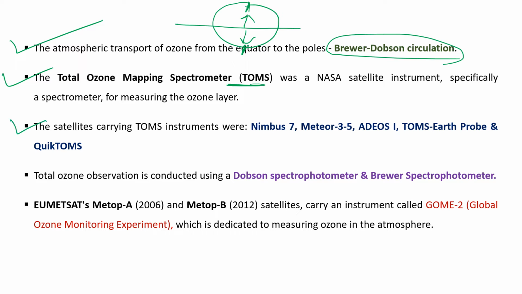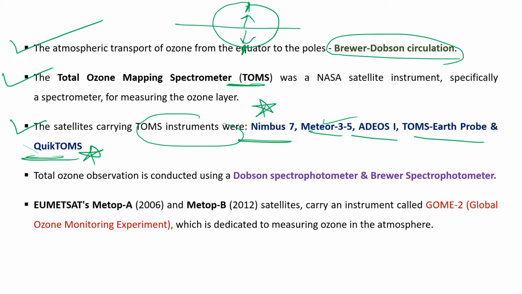So there are many satellites carrying the TOMS instrument, like Nimbus 7, a very well known, very famous satellite. These are the names of satellites: Nimbus 7, Meteor 3-5, ADEOS 1, TOMS Earth Probe and QuikTOMS. So these are the names of satellites and TOMS is the name of the instrument. Basically this is a spectrophotometer. So there are other spectrophotometers that are also used for total ozone concentration measurement, like the Dobson spectrophotometer and